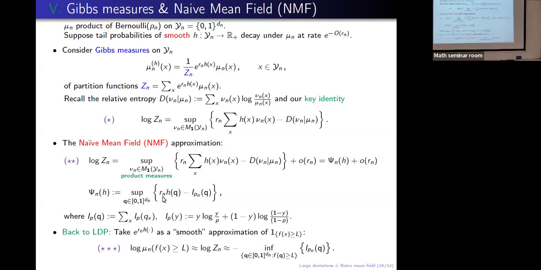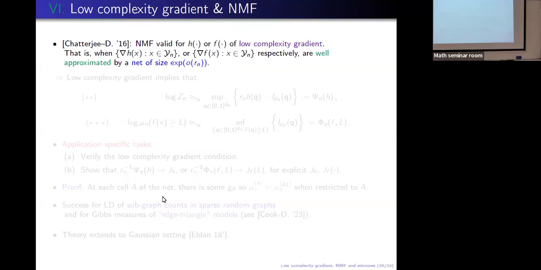Okay, this brings you to the question, conditions for this to work. In a paper with Sourav Chatterjee, we found a good condition, which actually is satisfied by many examples: your function, either f or h, has a low complexity gradient. What is a low complexity gradient? The function originally is in the discrete space, but you can define derivatives either by going from one point to another or by interpolating the function inside and then defining the Euclidean derivative, so you can calculate a gradient. Now, if you go over a cube 0, 1 to the dn, something with dn bits,